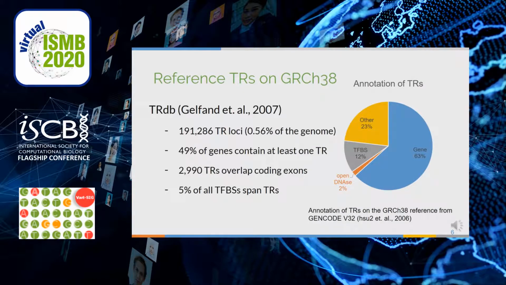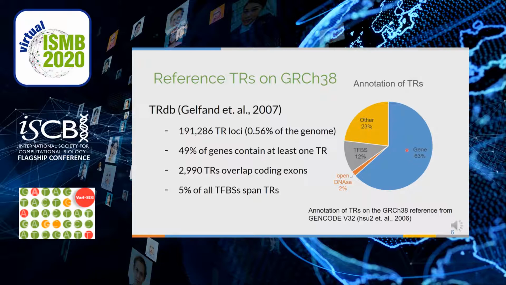So we downloaded the TR loci on the GRCh38 reference genome. You can get these from the Tandem Repeat Database, TRDB, which was produced in our lab. There are over 190,000 TR loci, which make up a little over 0.5% of the whole genome, which is a very small amount. But when you look at the annotations here on the right,